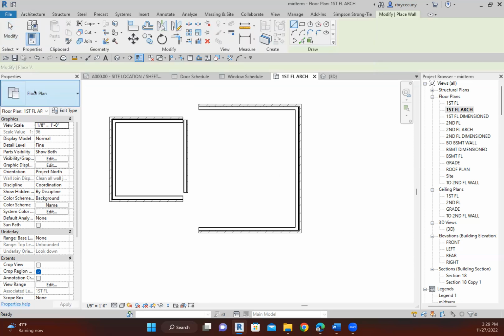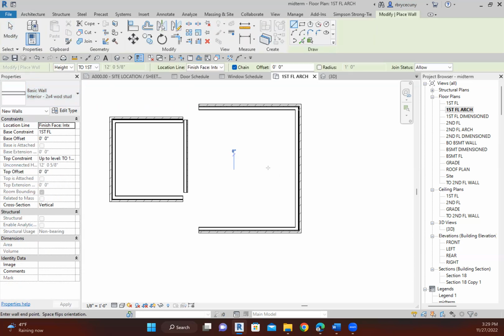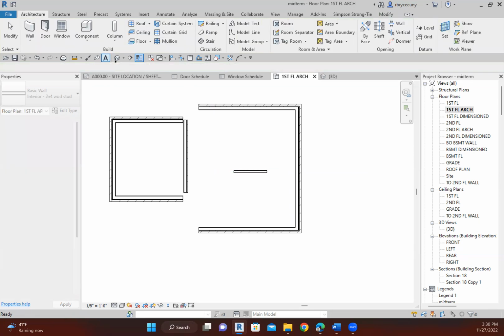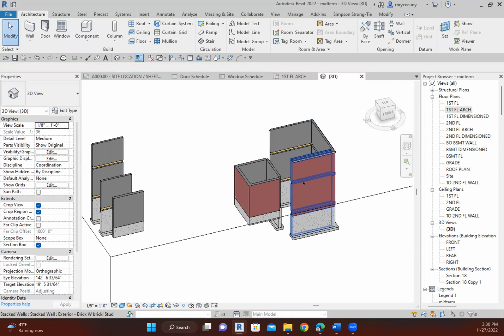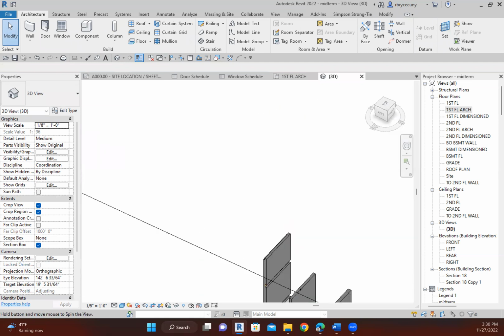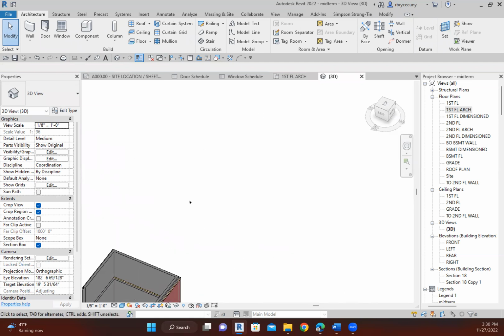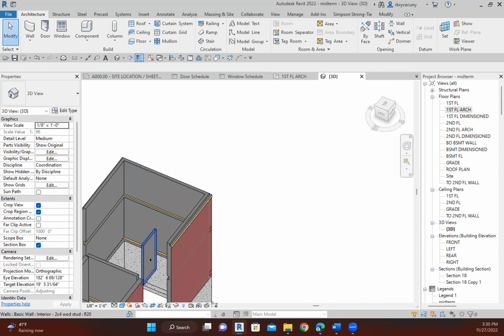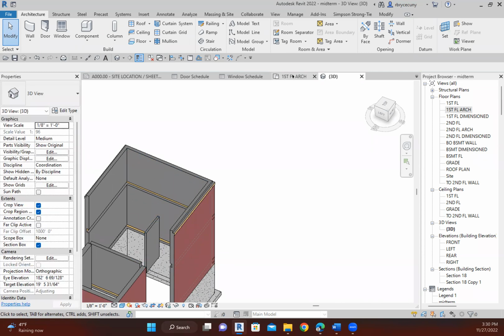Wall, it's going to be the 2x4. All right, we'll just put that in there. And now let's take a look at it again in 3D. Where'd that 2x4 wall go? There it is, right there. Okay, so you're good to go for your